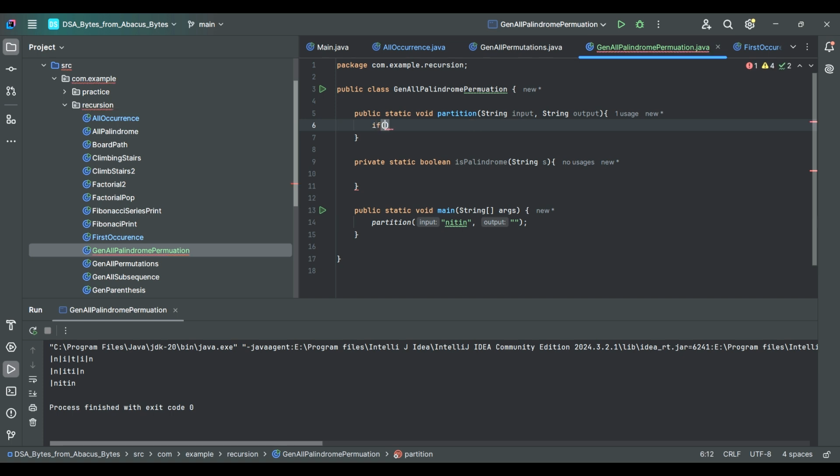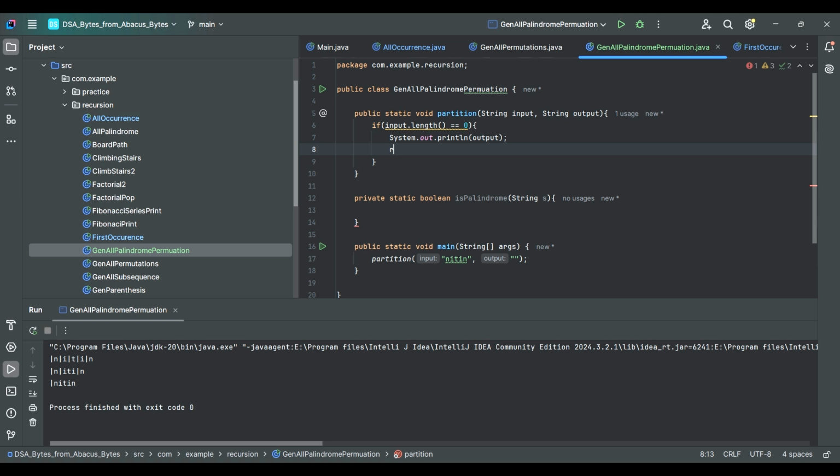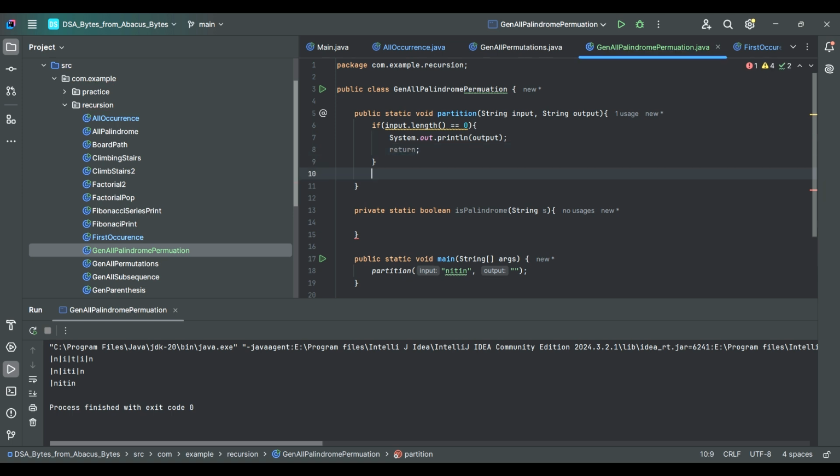We know first we have to put this condition: if input dot length is equal to 0, in that case, we have to output the solution and simply return. We don't need to do anything. Okay, if this condition is false, in that case,